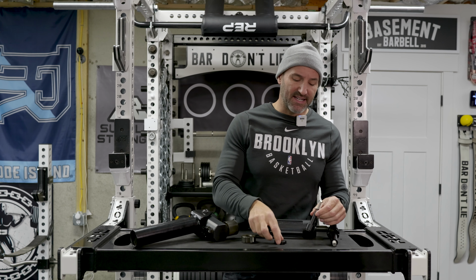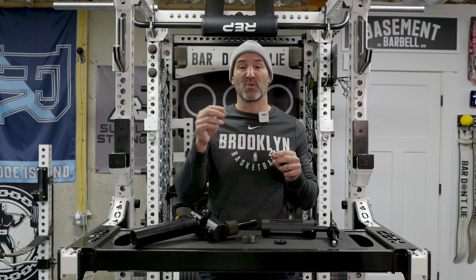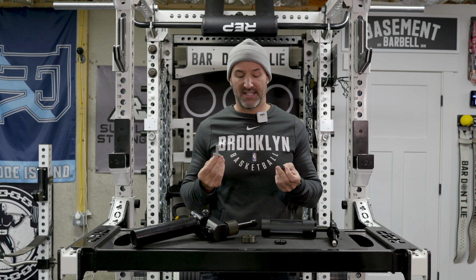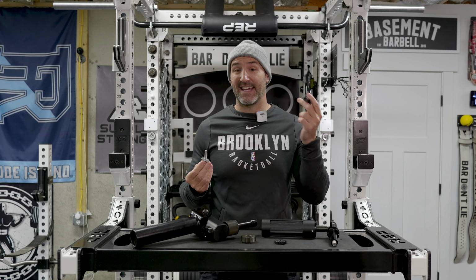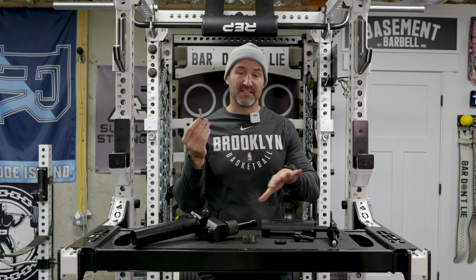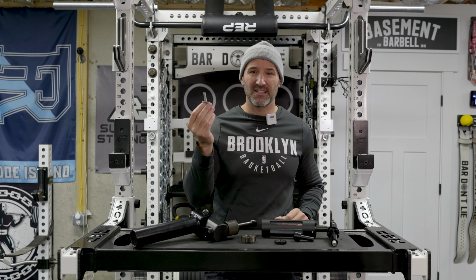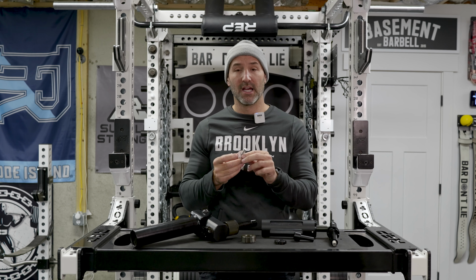Speaking of the way that this attaches, if you take a look at the magnet, this is probably my least favorite thing about it, which is the way that this attaches, which is via a bolt. And again, I get why they did certain design pieces here. So this could work with 1 inch and 5/8 inch rack. But this just kind of looks off to me. Everything else in this setup is very high quality feeling, very nice to touch. This is literally just a bolt you could get at like Home Depot, it looks like, with just, again, a